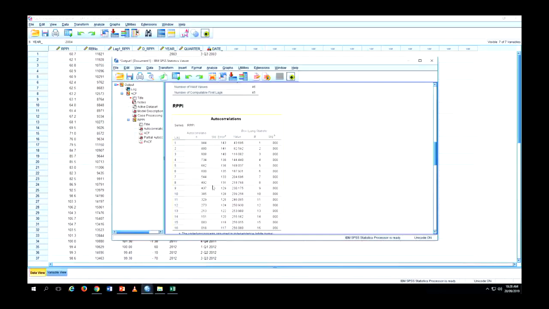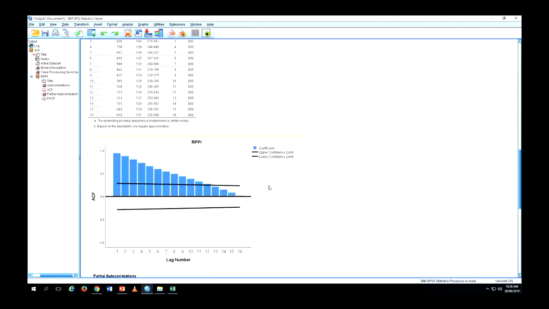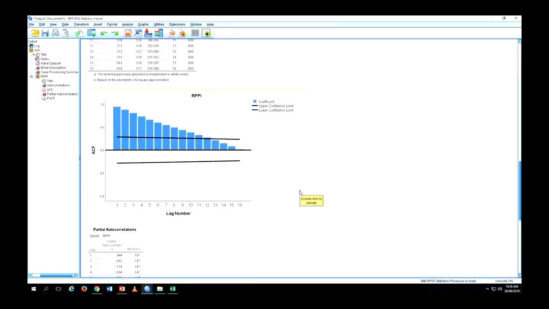And also lag 2 is like when p equals 2. Then they calculate, so it's kind of estimating 16 models or 16 ACF functions, and then calculating the value of each function. And then they plot all the values in the graph here. And in the graph we can see there are 2 lines. These 2 lines are the critical values, the upper critical value and the lower critical value. So if the ACF exceeds either the upper or lower one, we see there is an